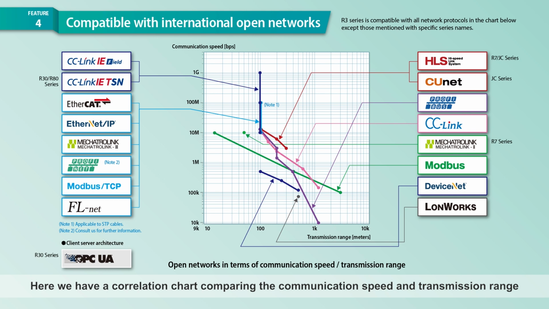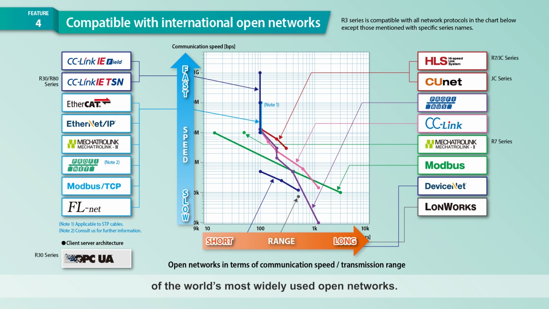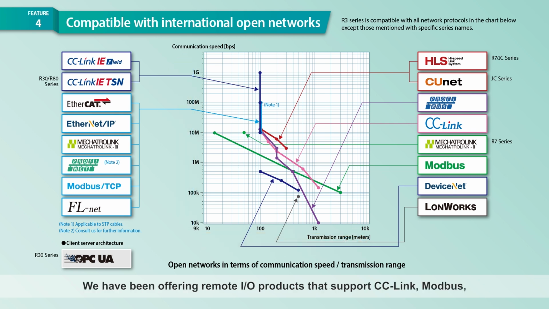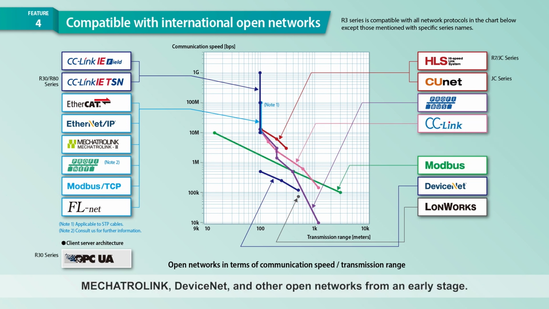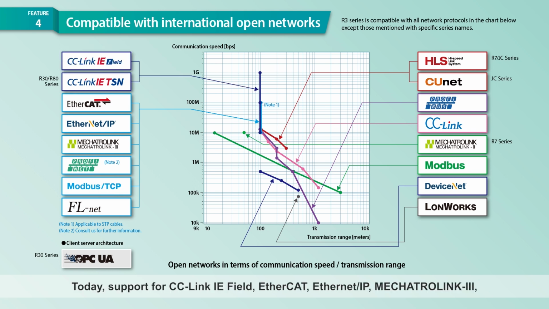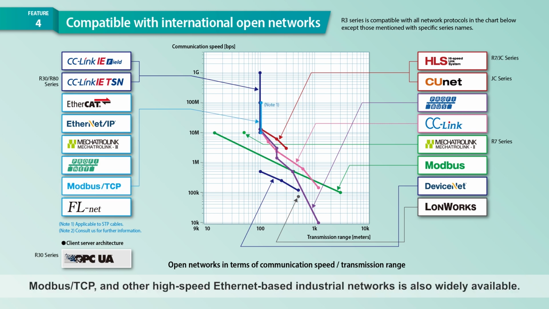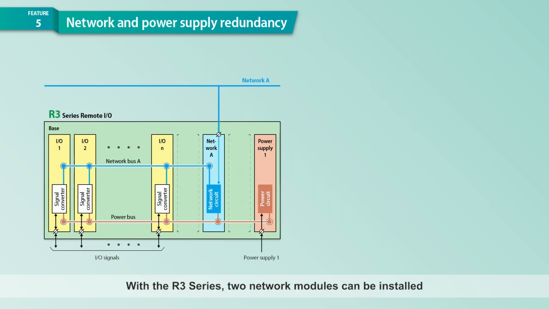Here we have a correlation chart comparing the communication speed and transmission range of the world's most widely used open networks. We have been offering remote I/O products that support CC-Link, Modbus, Mechatrolink, DeviceNet, and other open networks from an early stage. Today, support for CC-Link IE Field, EtherCAT, Ethernet IP, Mechatrolink 3, Modbus TCP, and other high-speed Ethernet-based industrial networks is also widely available. With the R3 series,